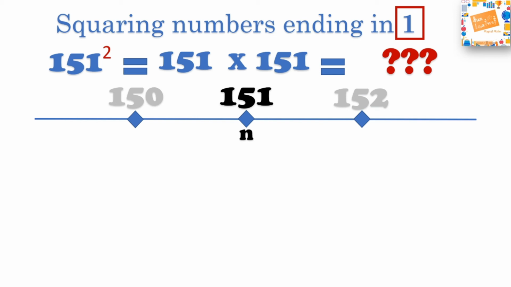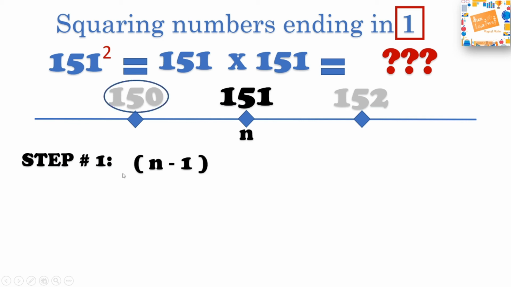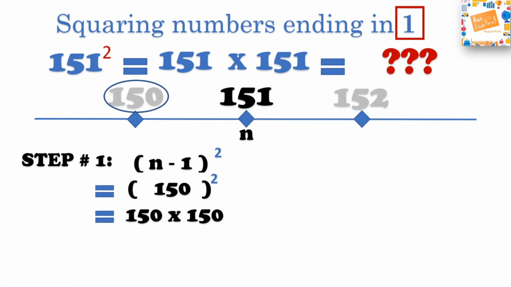Following our lead, step 1 needs us to go to the nearest 10 of 151, which is n minus 1, and then square it. 151 minus 1, that is 150 square. That is equal to 150 times 150. And the answer to this is, consider the zeros in ones place and write the 2 zeros in your answer. Then consider the tens place number, that is 15. So 15 times 15 is 225. So our step 1 answer is